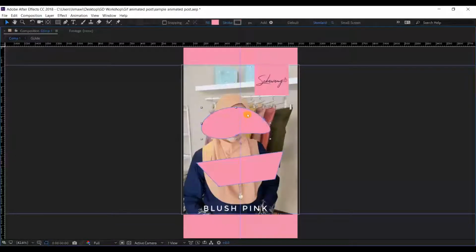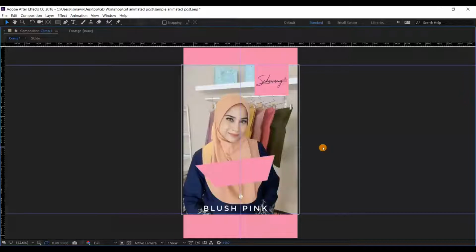Okay, so for this exercise, we're going to use a distorted rectangular shape, something like this. Okay, we're going to make it a little bit smaller, just resize it. Okay, for the color, I maintain the corporate color. Okay, I'm going to put it at the center of our post. Yeah, all right, somewhere over there. Okay, it's quite easy, right? Just use your pen tool, click and make the shape that you want.